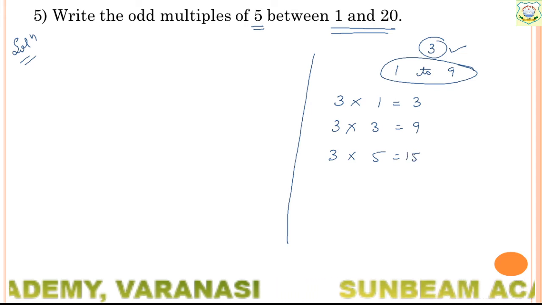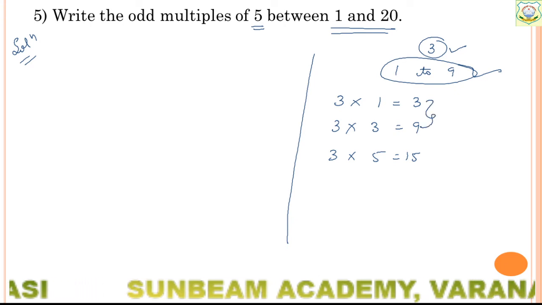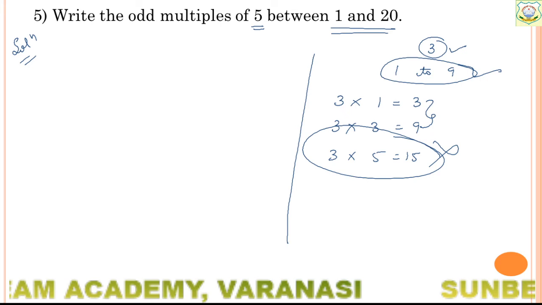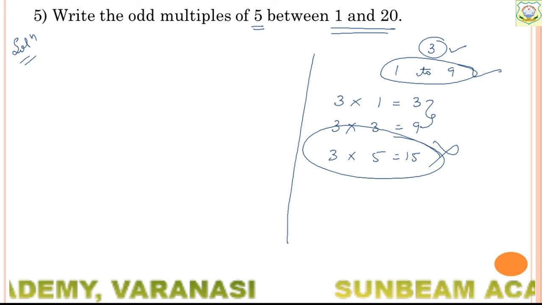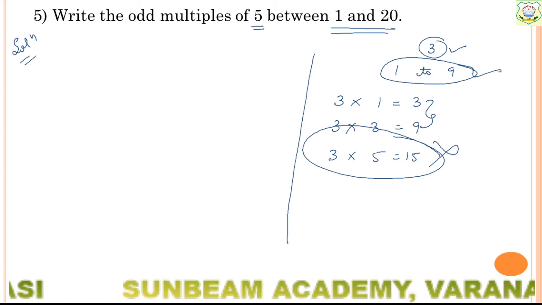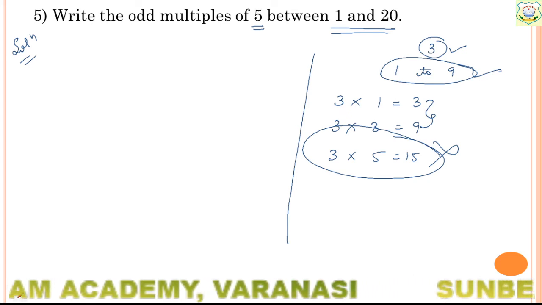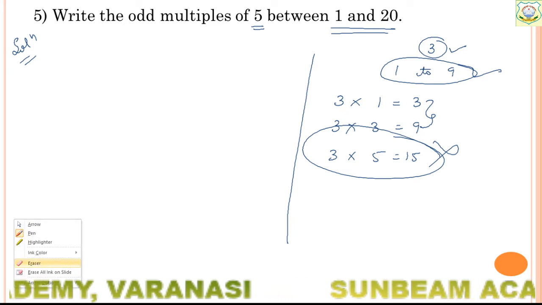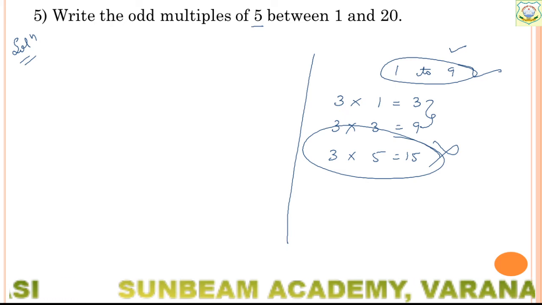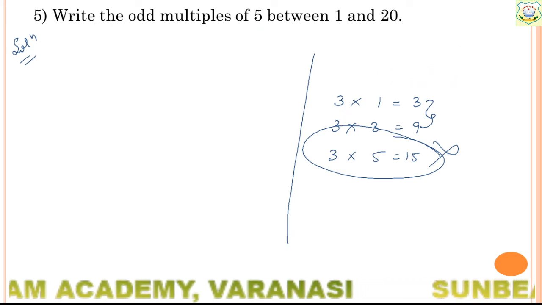But there is a condition applied. We have to use numbers only from 1 to 9. So this will be the answer. This you no need to do. Understood? Then there is a condition applied, so no need to proceed further. Up to that much we have to write. So now I am erasing this part. This was just an explanation. Okay. And then we will do the question. First of all, note down the question.